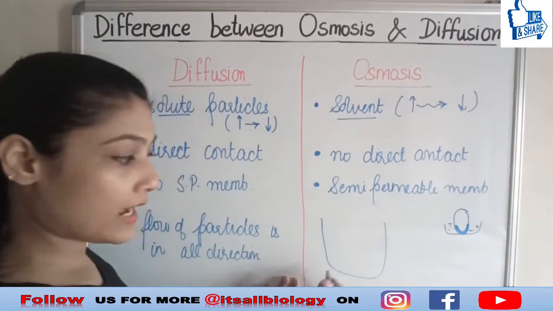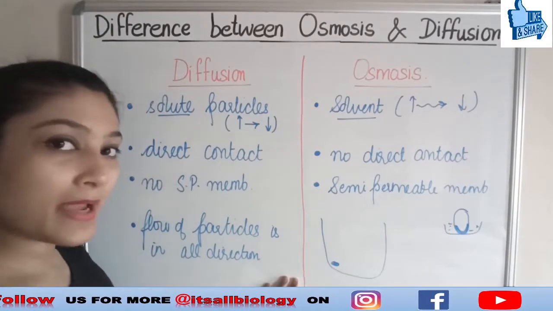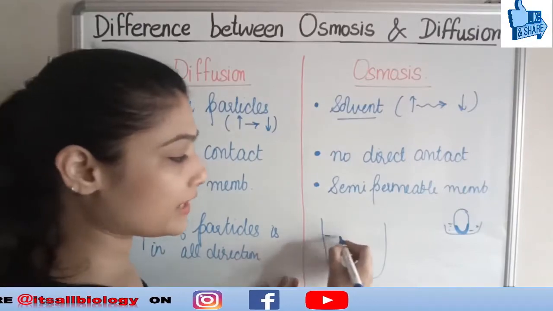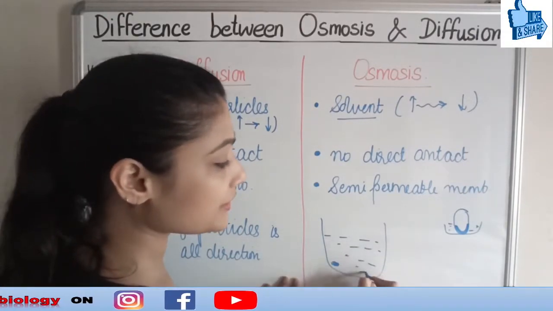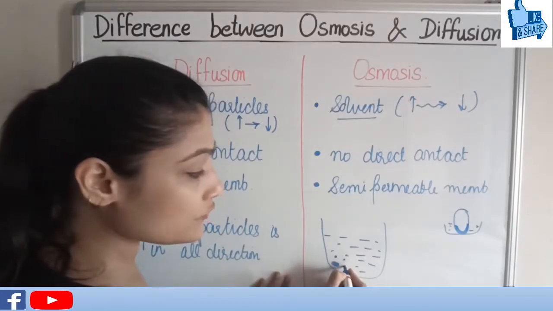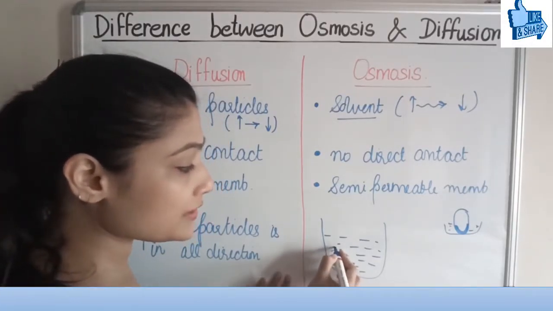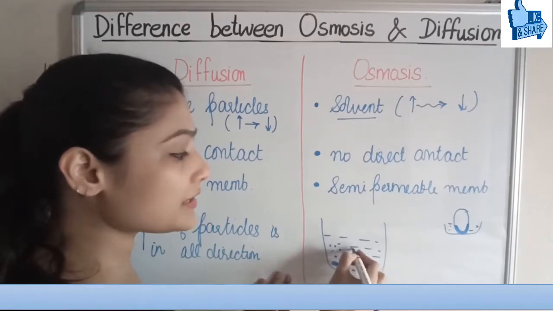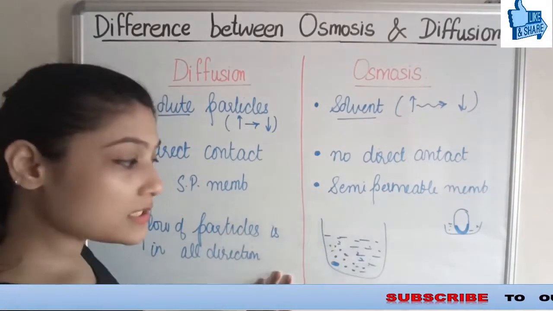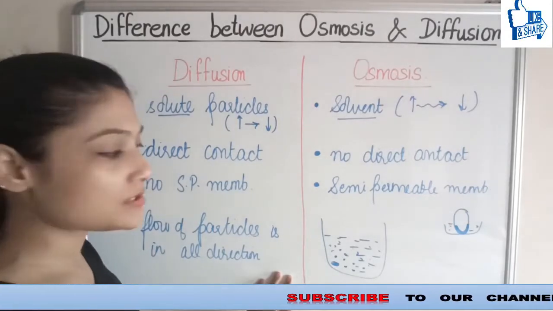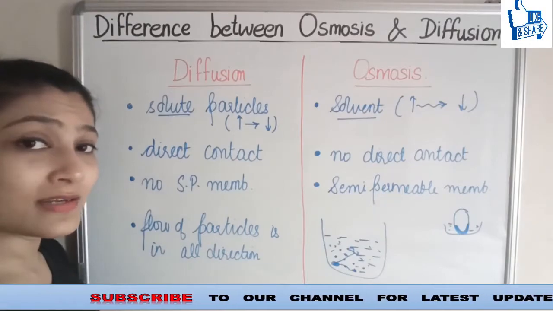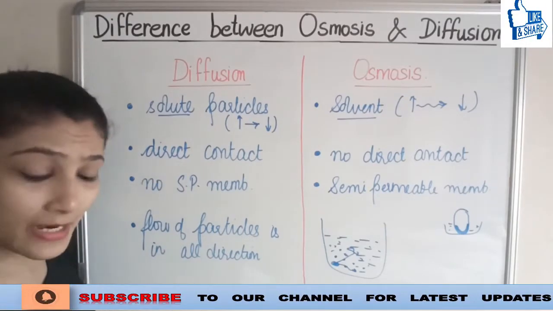Suppose this is a glass and I put a potassium permanganate tablet here, or any ink or any tablet for that matter, and we are having water in it. How is it going to dissolve? First it will move in this direction where it is less, and ultimately it will spread all around the glass. This is how the movement is going to be in any direction, in all directions. Clear? Of course the gradient has to be there, do not forget that point.